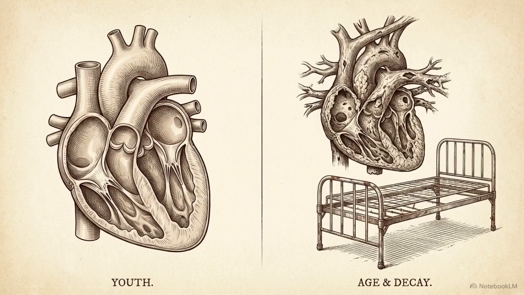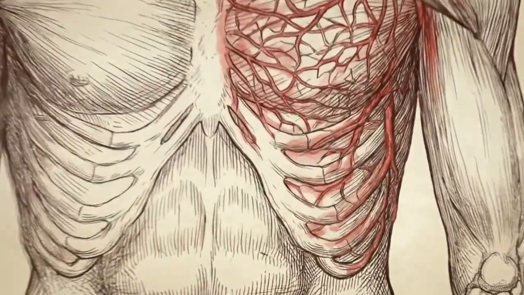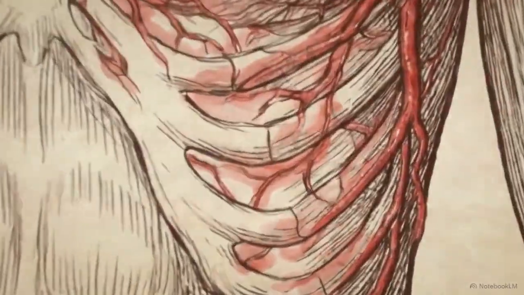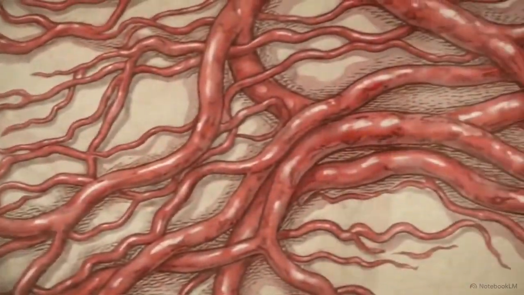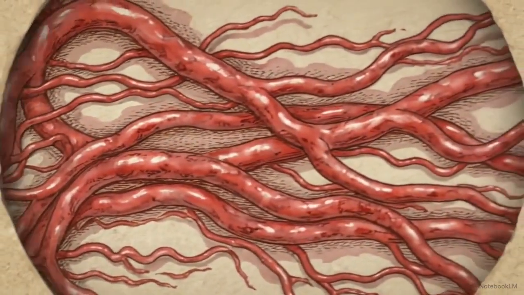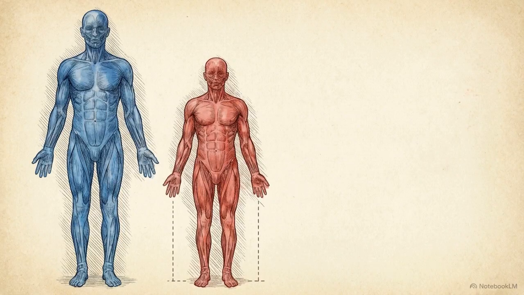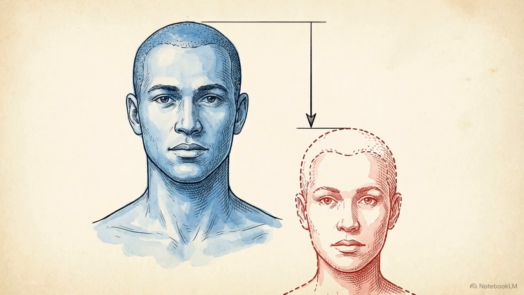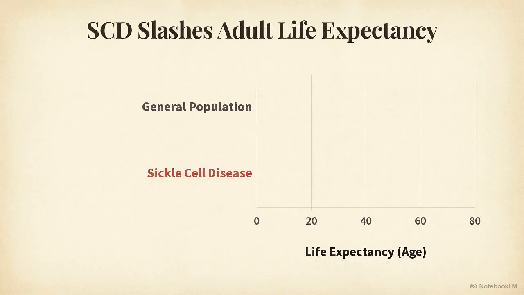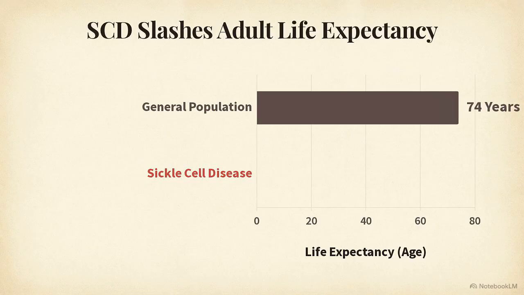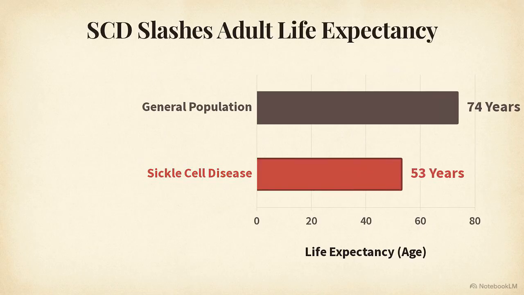Decades of improved pediatric survival have shifted the clinical profile of sickle cell disease. In the modern adult patient, the condition is a complex multi-organ syndrome defined by the slow, cumulative destruction of microvascular networks. While pediatric care focused on managing acute pain, the adult reality is a 20-year life expectancy gap compared to the general population. In the United States, the average life expectancy for an adult with the disease is approximately 54